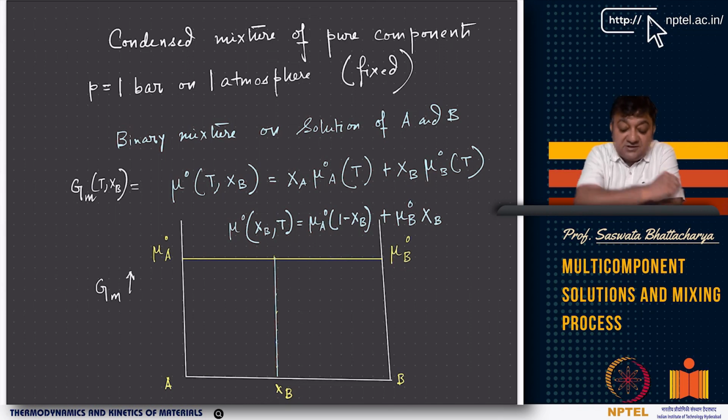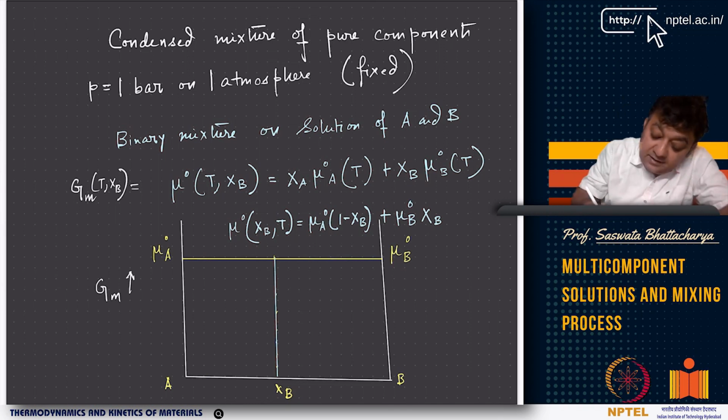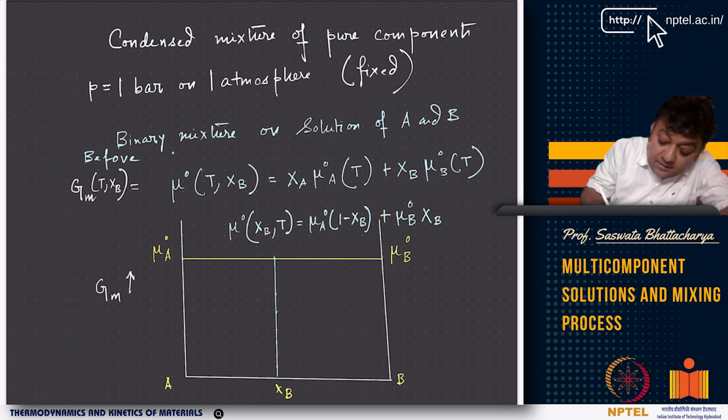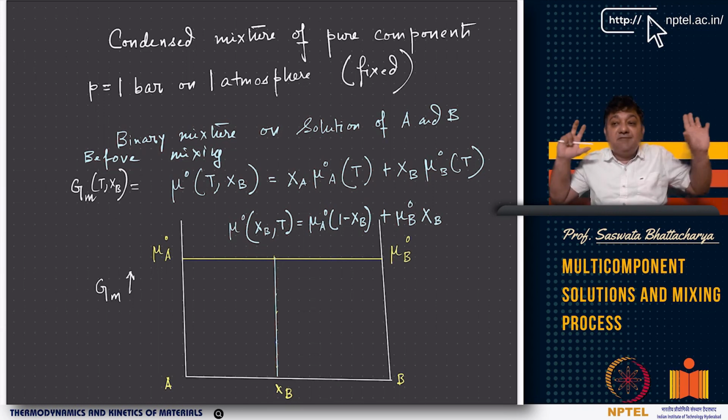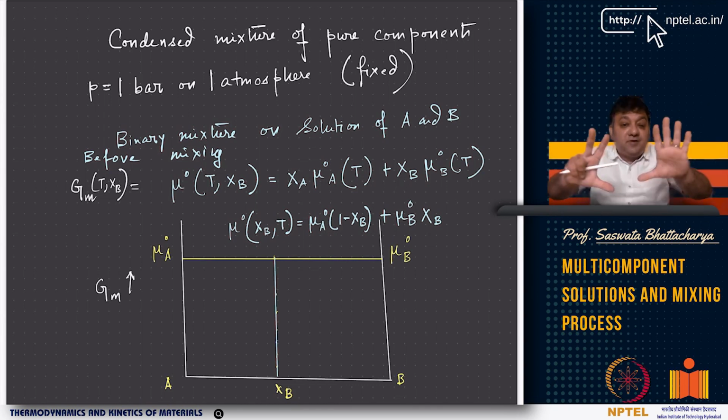So basically, you can express the molar free energy in terms of partial molar free energies or chemical potentials. Again, here if I take a binary mixture, this is before mixing, before the mixing has started. Because the mixing process is what? You have a collection of A atoms, which is your species A, and you have a collection of B atoms, your species B.